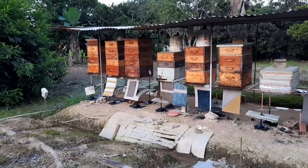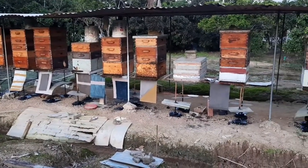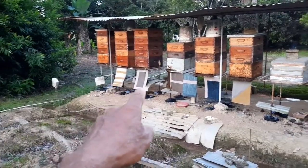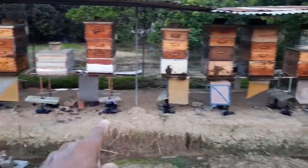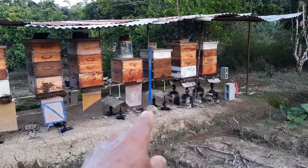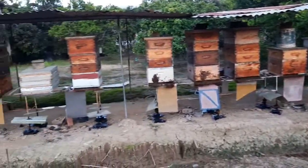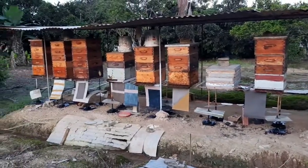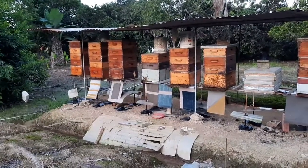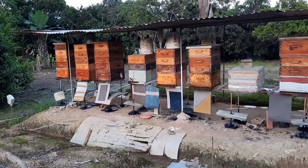So what I do from the time I begin to see a drop in population, I would make sure and go in. Second one there, fourth one, 12th one, no, 11th one, and those are the ones that would need the entrance to be reduced by that amount that you see in there. I would average between 4 to 5 inches,